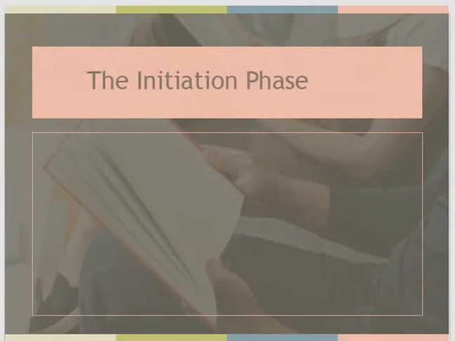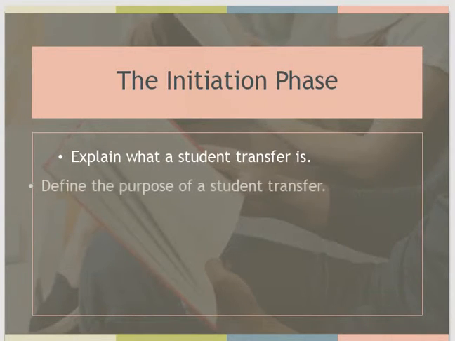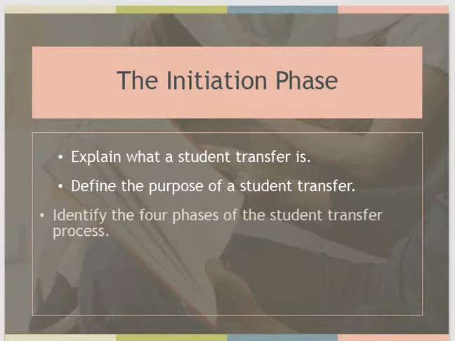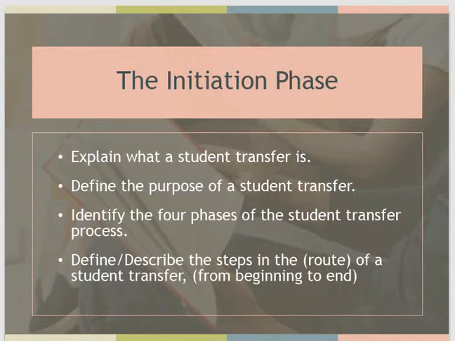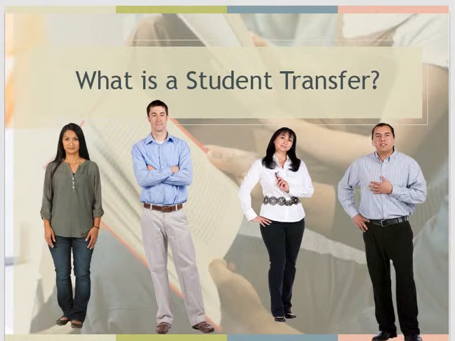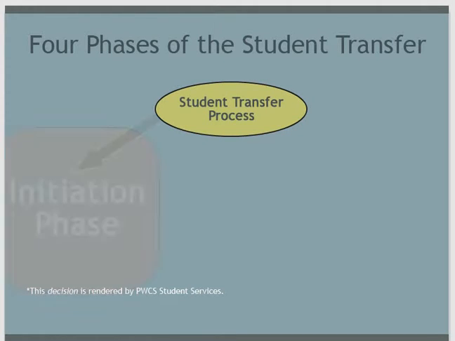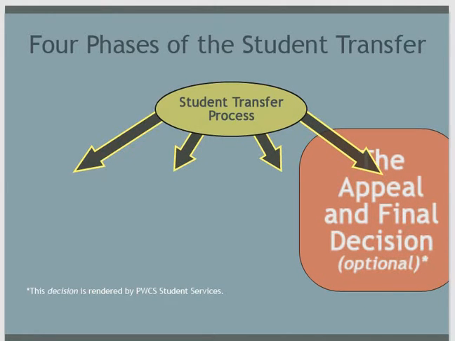phase. In the initiation phase of this module, we will explain what a student transfer is, define its purpose, identify the 4 phases of the student transfer process, and describe the steps in the route of a student transfer from beginning to end. The student transfer process is an interesting journey broken up into 4 phases. Those phases consist of initiation, interim processing, the verdict, and possibly an appeal, which is also accompanied by a final